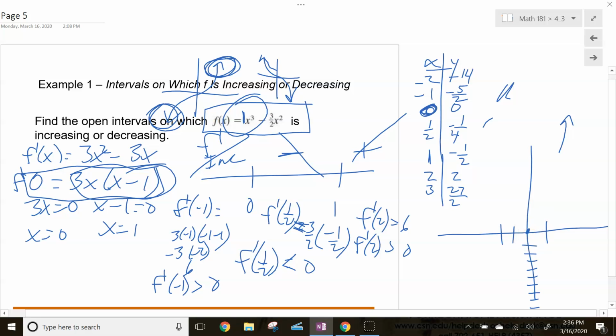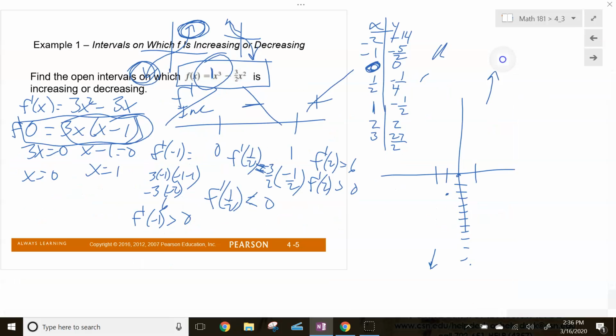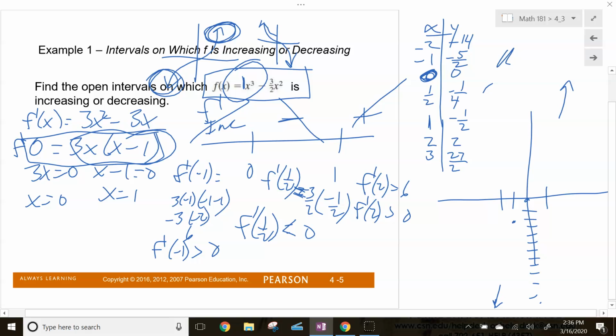Putting these points on: -1, -5 halves, so down 2.5 right there. Put the point on 0, 0. We got 1/2 comma -1/4, 1 comma -1/2, and we know this thing is increasing